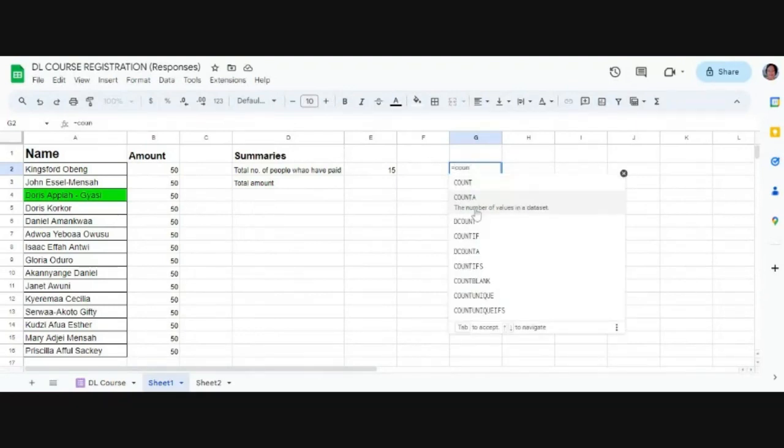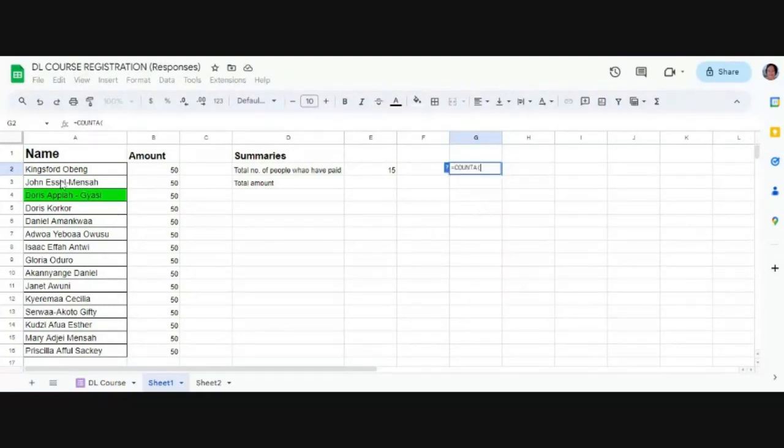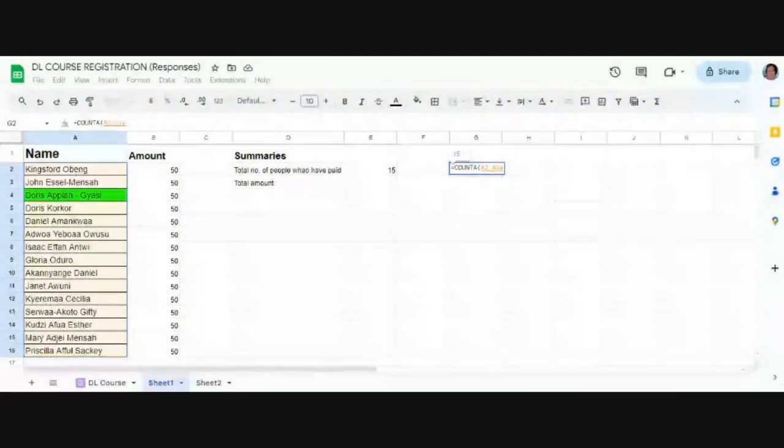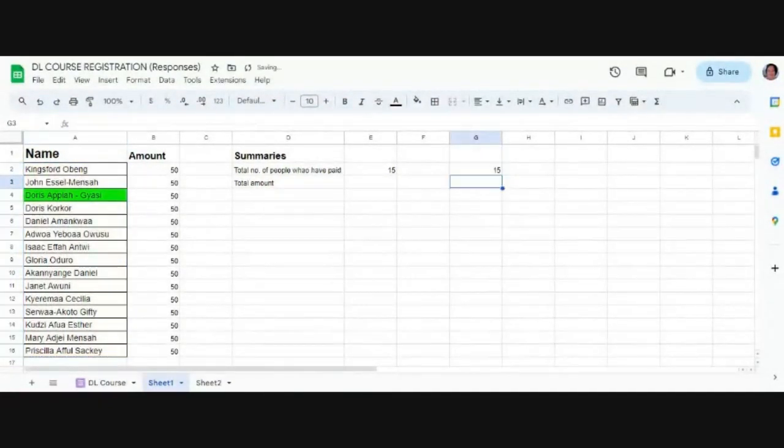You see the suggestions, you select COUNTA. Now you come and highlight A2 to A16. You see, we've gotten the same thing. Good. I hope it is clear to you.